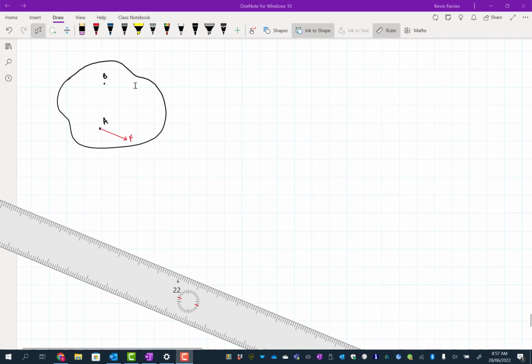So what we're doing here, we've got a general object. We've got 2 points. We've got a point B, and that's going to be our point of fixity, or the point about which we're interested in determining the moment. And then we've got another point A, and there's a force being applied to point A, so this is the